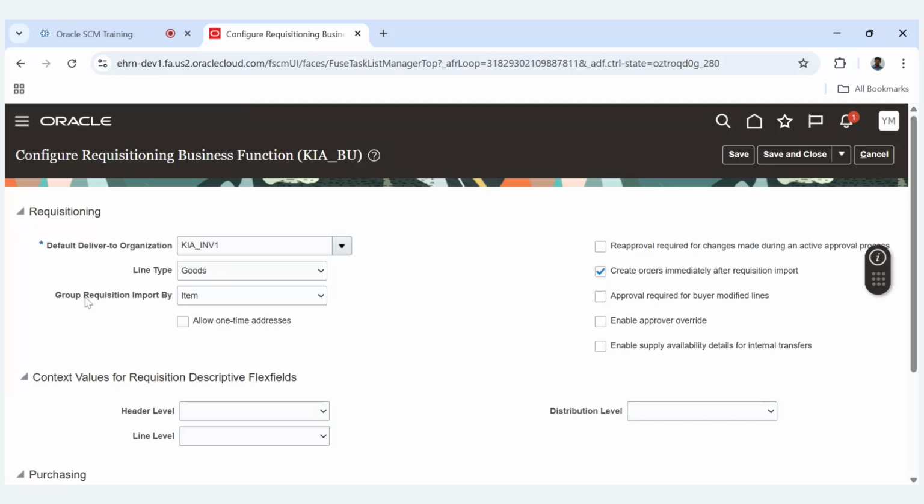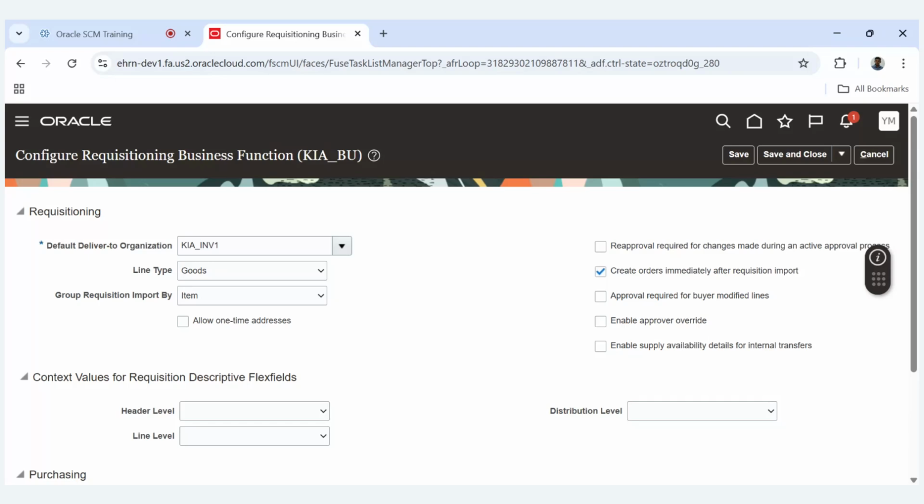I mean, this is for the requisitions. The PO, it is just for understanding, I'm saying. If I want to combine by item or combine by buyer, we can do that. But this is for the requisition. So let's say I have 100 requisitions to be imported, raised. So now if I want to create the requisition in the system, whether I wanted to combine the